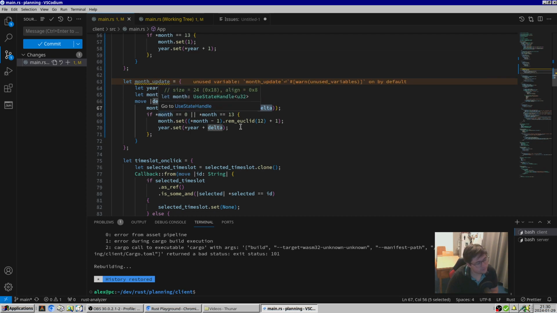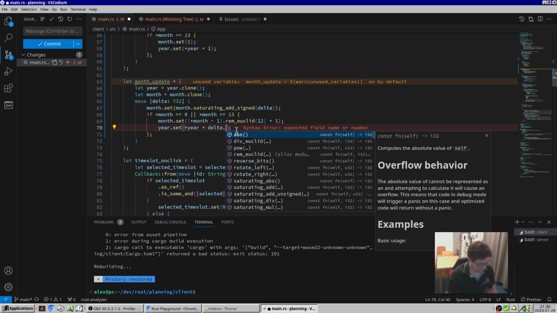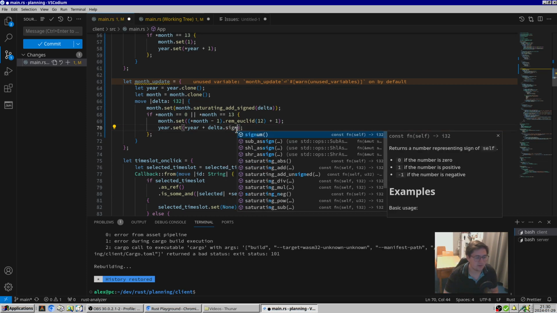Yeah, so this works for a delta. I'm just thinking about, like, what if we... This should work for a delta up to 12. Oh, right. Yeah, so this, we don't want to do this. Isn't there a sign, yeah. Yeah, so this is what we want to do. Or in fact, what we actually want to do is